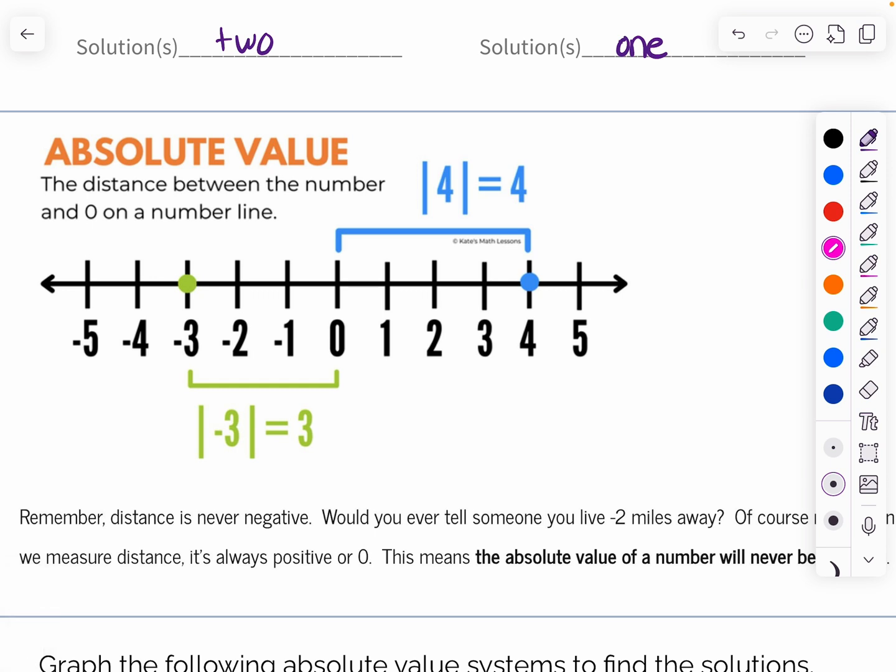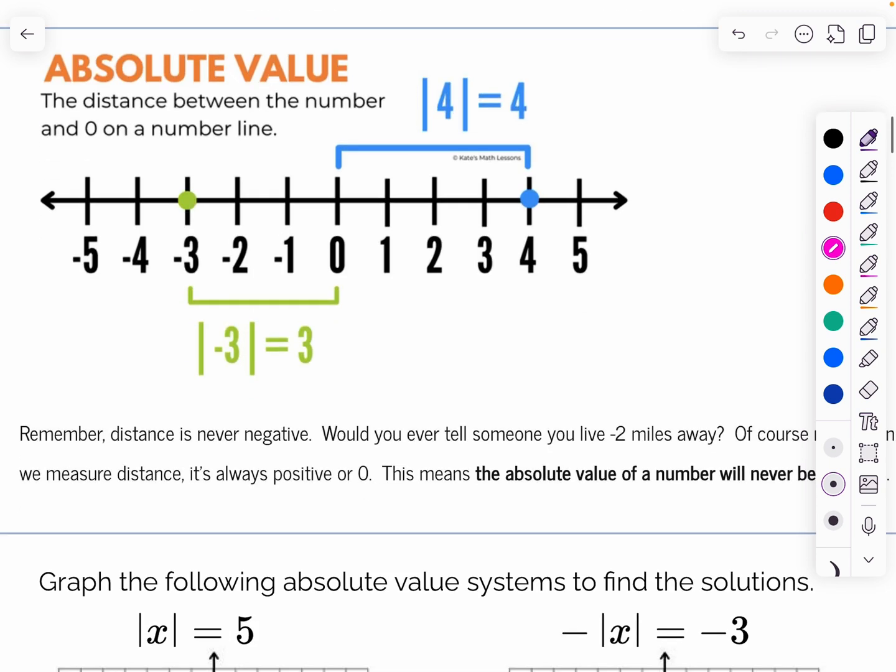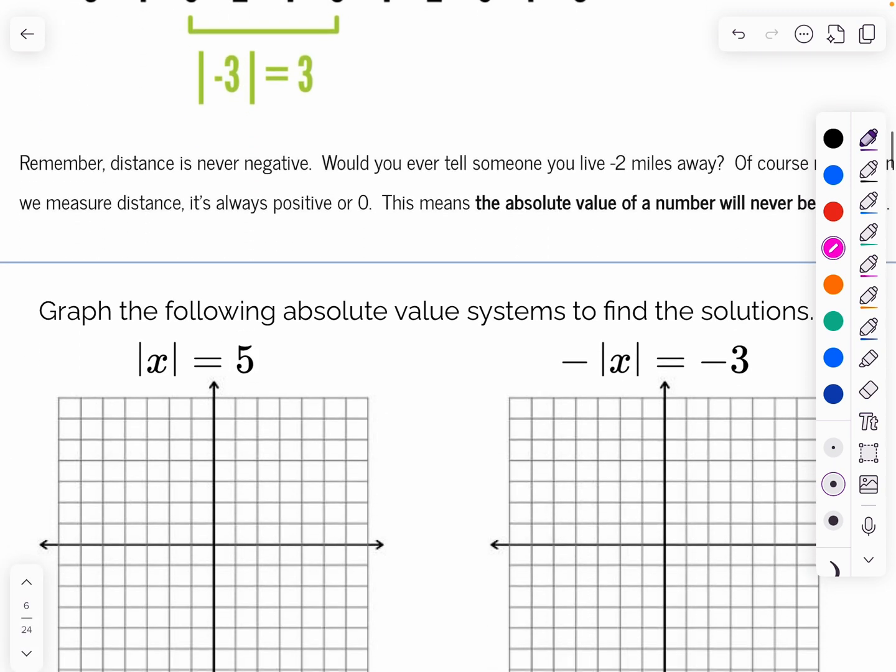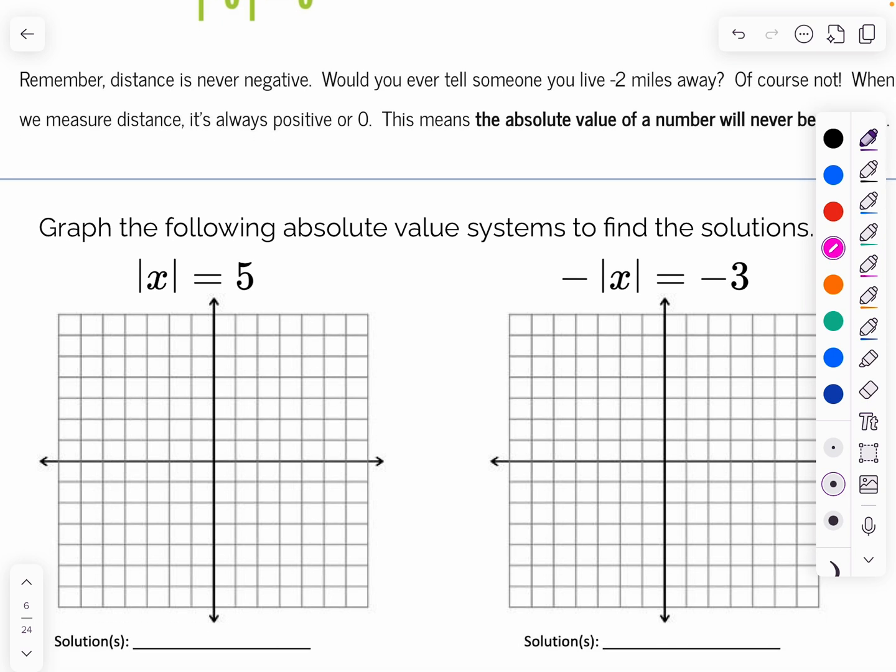All right, absolute value is a distance. Okay, it's always the number of units from 0 to that number, or the distance from that number to 0. So absolute value is always going to be a positive number. When we are graphing absolute values and their solutions, we are graphing into 2 separate parts and then look for